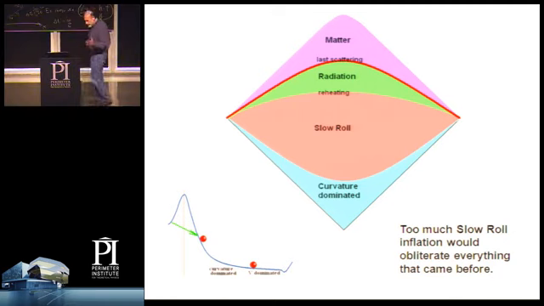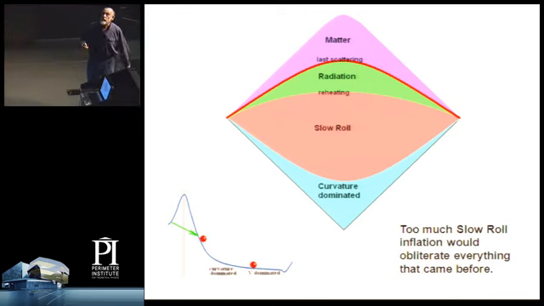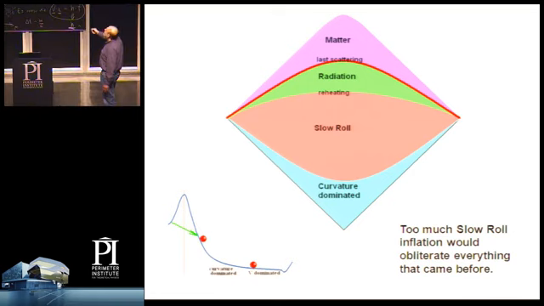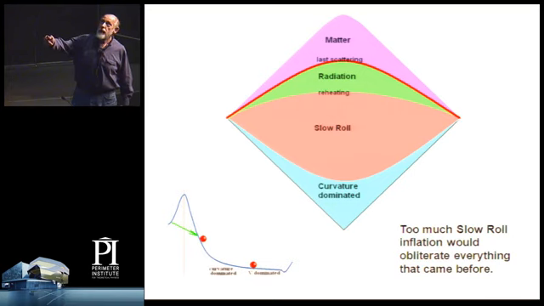Here's the history of the universe, same history of the universe. Within the FRW patch, it starts out curvature dominated. Curvature dominated means that it's dominated by the curvature term, which is much bigger than the vacuum energy in here, or than the inflaton potential. And then eventually, the curvature term shrinks down until it becomes no bigger than the vacuum energy. When I say vacuum energy, I mean inflaton potential energy along here. And you enter into the slow roll region. Eventually, you come to reheating at this point over here, and it becomes radiation dominated. Eventually, the surface of last scattering, and here we are up in here somewheres.